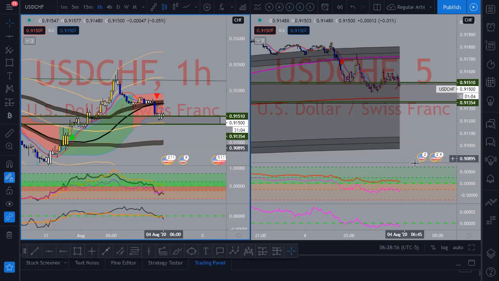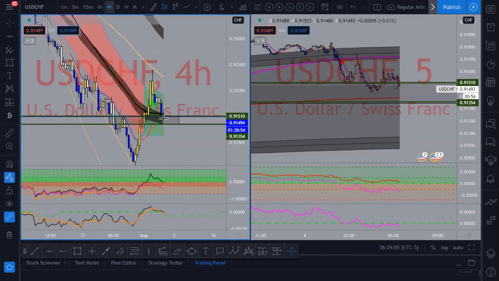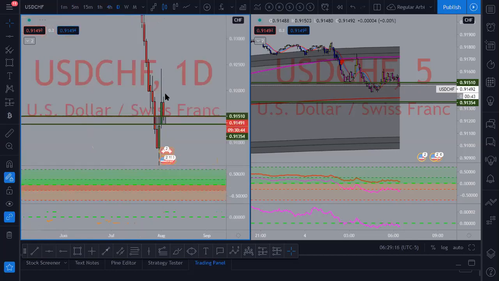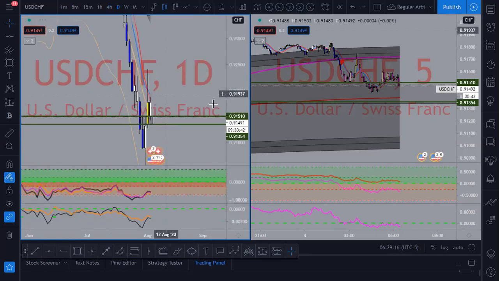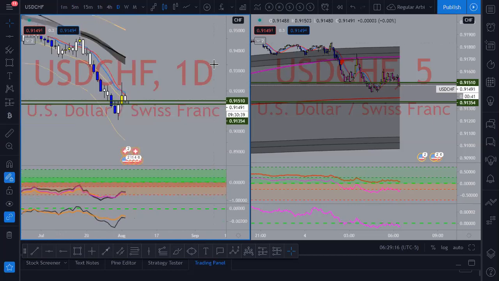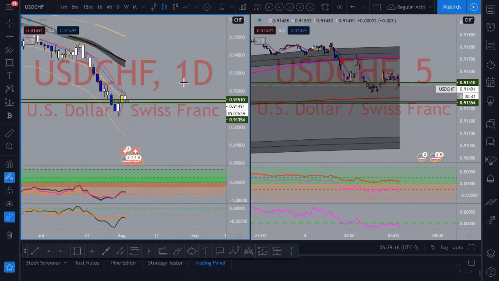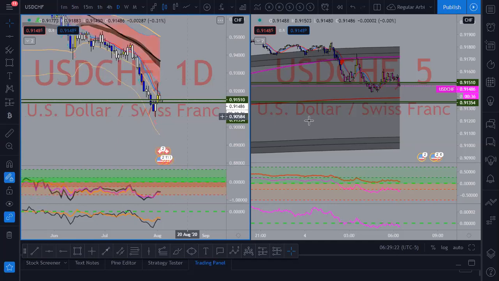For the 5-minute time frame, it looks perfect for the sell, but looking at the 4 hour right here, it's not perfect for the sell, because if it does respect the zone here, it's going to go bullish. And on the daily time frame,